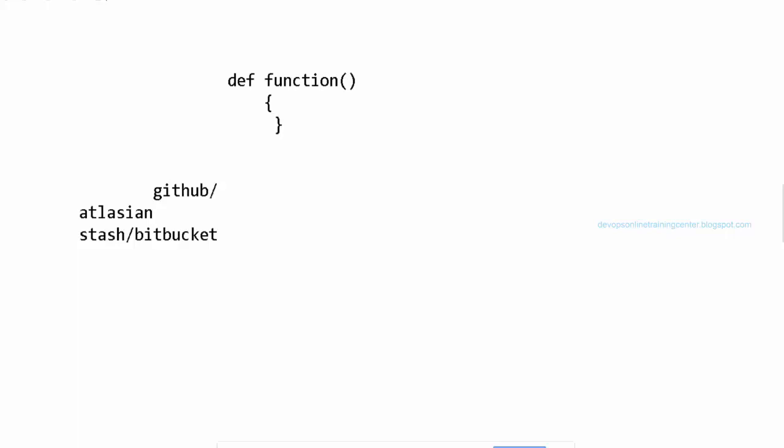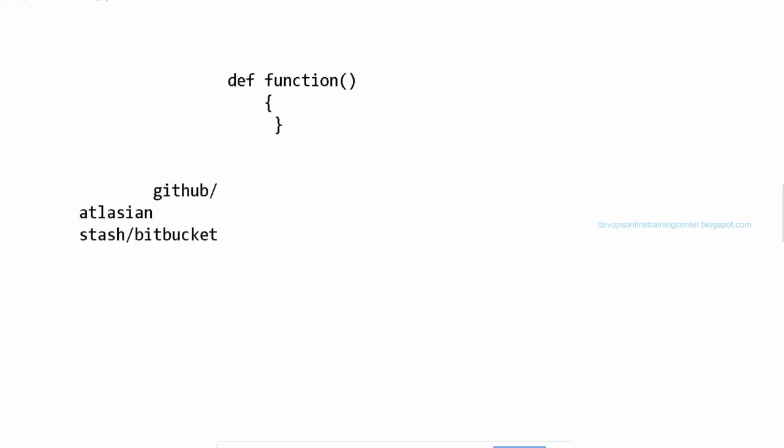Something like, let us say, a company is using Stash. There will be a URL which they provide, which we can clone, same like GitHub. What about the console? Is it the same GitHub console you're going to use, or a different console? Same. It's a URL, something like stash.us.company.com, and all the repositories. Okay, so just a different repository, but the console would be the same for both repositories.